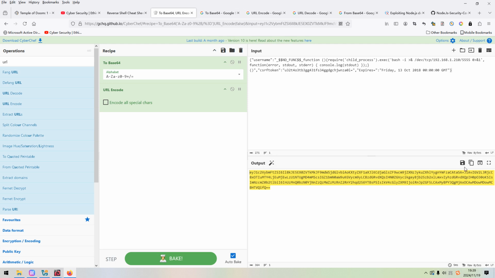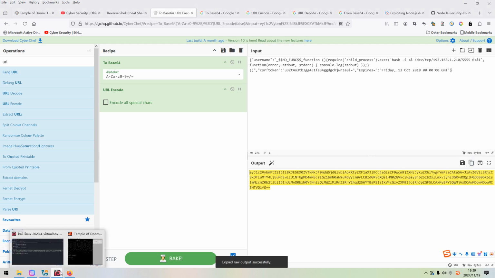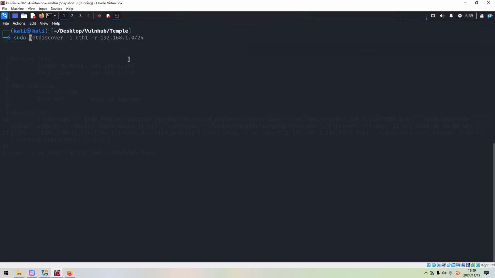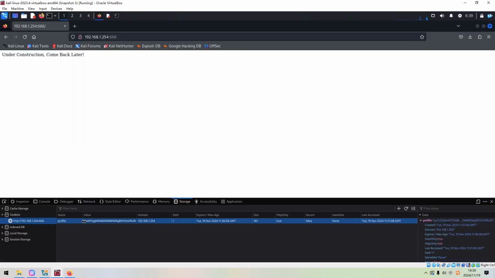The second operation, we can copy, and of course we need to set up the listener on the Kali Linux, and next we can remove the original value of the cookie, put it over here, and then we can press enter.